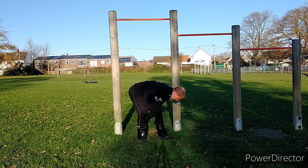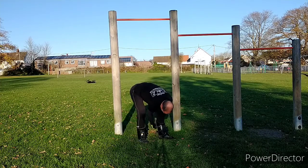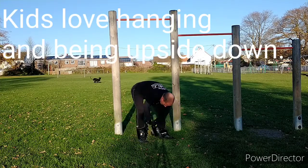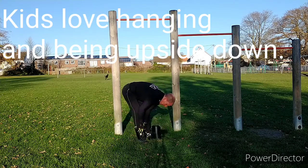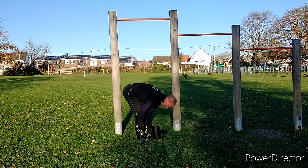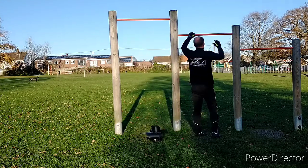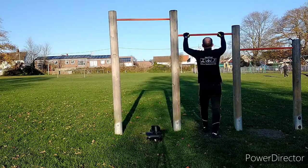Now remember, you don't need the gravity boots for everything to get the same effect. You need them for that, obviously. But if I just take them off now, I'll show you. And here's what you'll see when children, you might hear the children in the background playing in the school at the moment. Children will come out of the school and they will do all these things here,